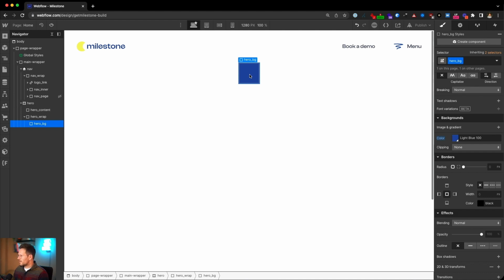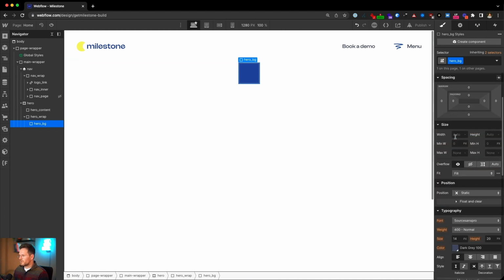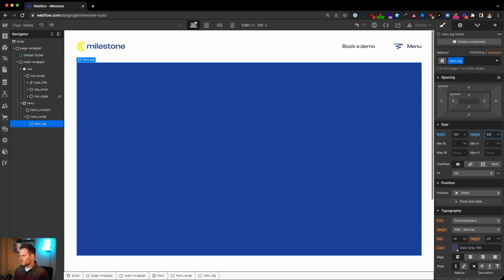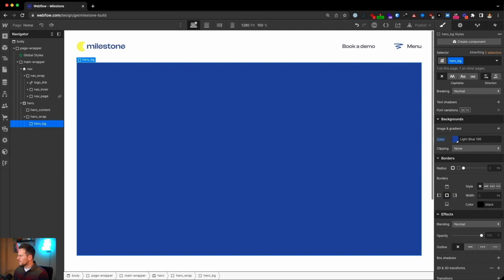Next we give it a width of 100% and a height of 80 viewport height. Actually, we don't need a max width, but a min height. Let's give it a min height of 560 pixels. And of course, we also need a border radius. Let's choose a border radius of 2em.